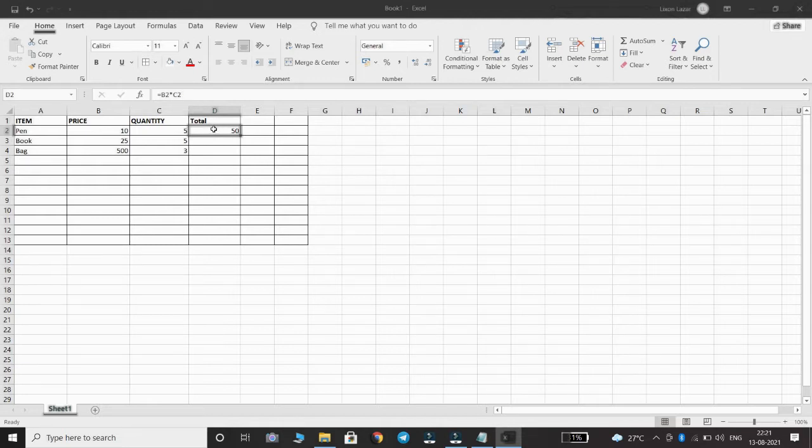And then you have to apply this formula in these two cells also. For this, you have to select this cell. Then, under the Home tab in the Clipboard group, you have to click on Copy. So this cell got copied.